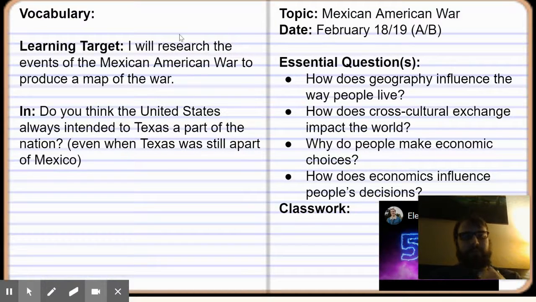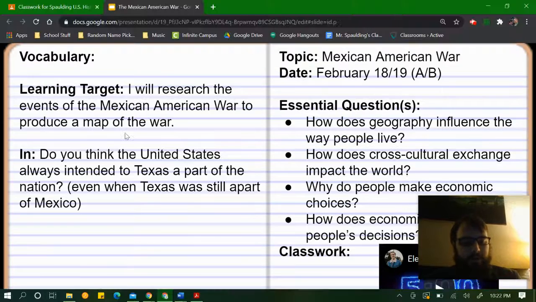All right. Our learning target for today: we're going to research the events of the Mexican-American War to produce a map of the war. Our in: do you think the United States always intended to make